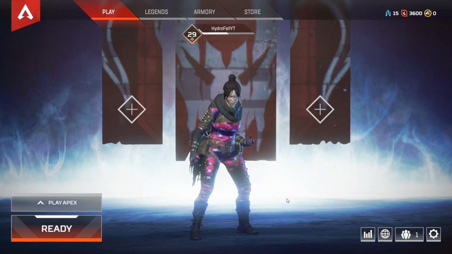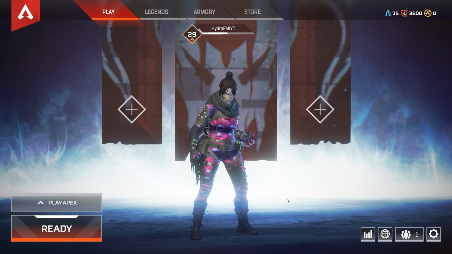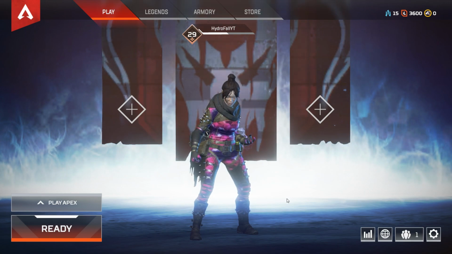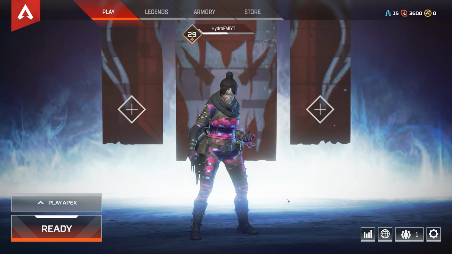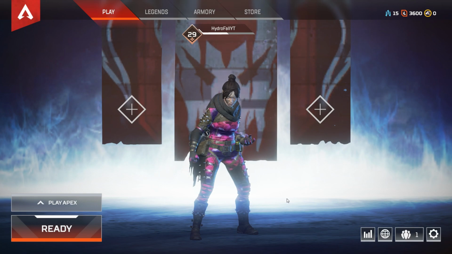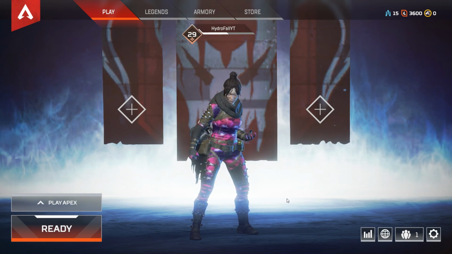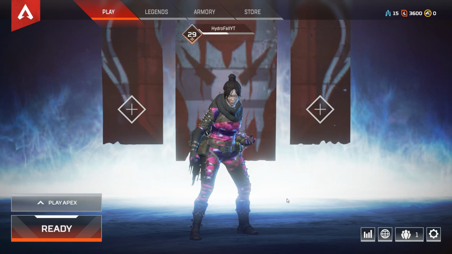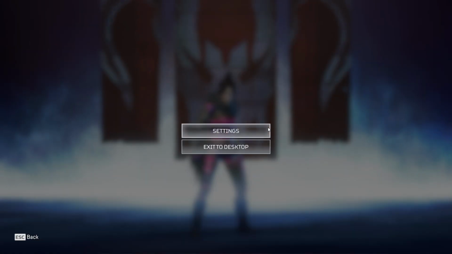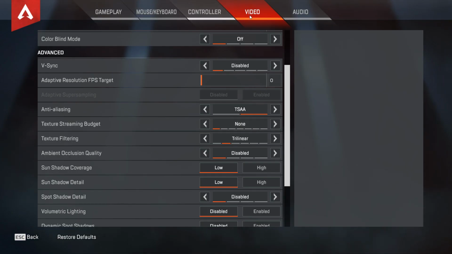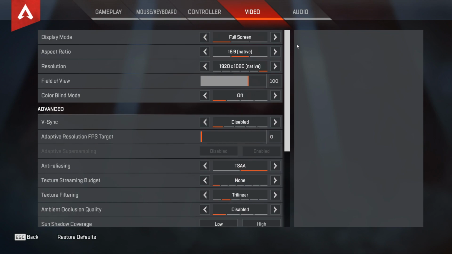So for this last tip, what I'm going to be doing is going into Apex and showing you the best settings to get the best performance. I'm going to link a chart in the description that also shows this in greater detail. It shows all the percentages that you need and everything, but I'm just going to be going through it in the game right now. So go into settings and then go to video,